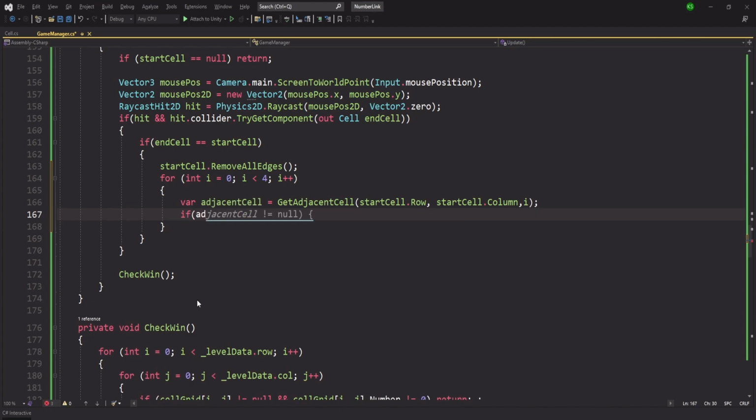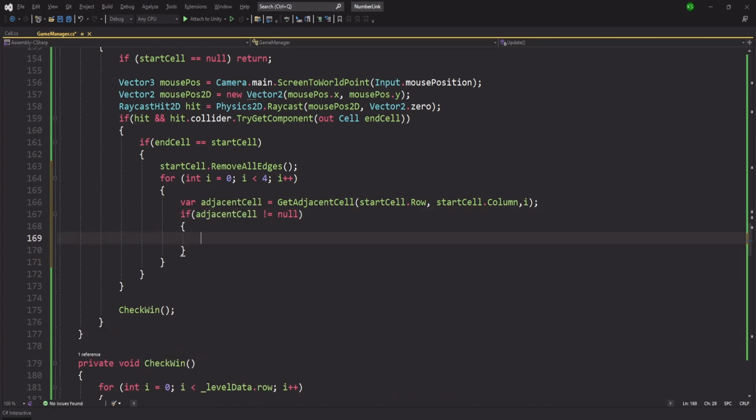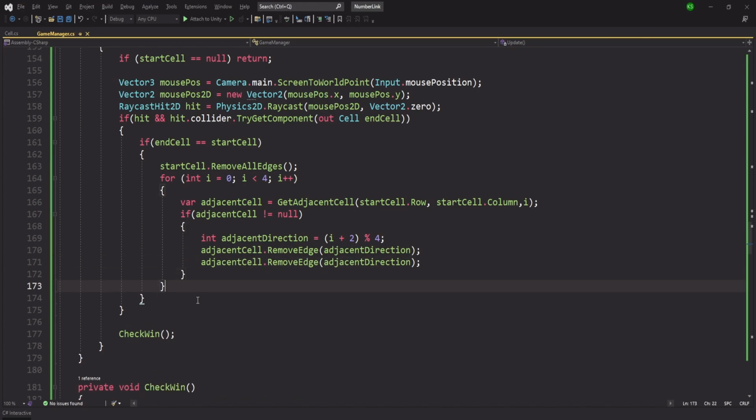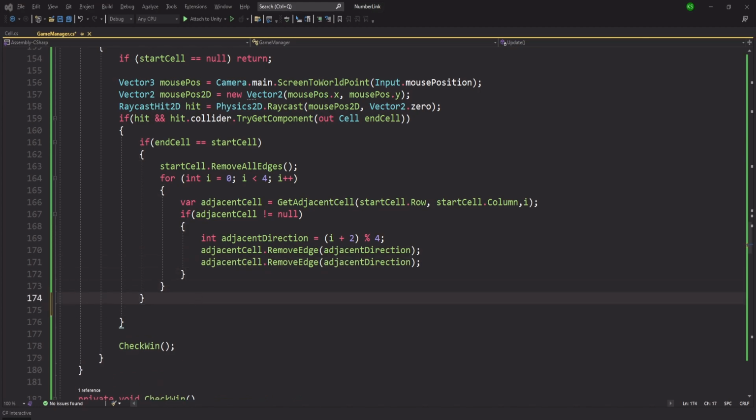And if our adjacent cell is not equal to null, then int adjacentDirection is going to be equal to (i + 2) % 4. So this is going to be the direction, and what we'll do is adjacentCell.RemoveEdge, and we'll pass the adjacent direction, and paste it again, and it should remove the edge. But if it is not removing, then what we are going to do is else